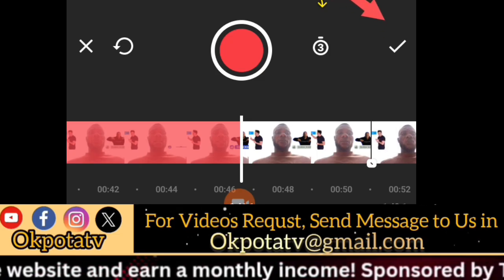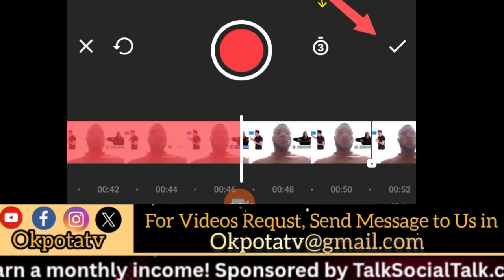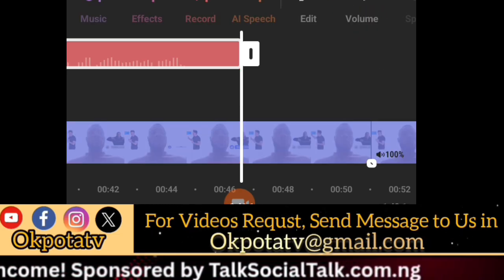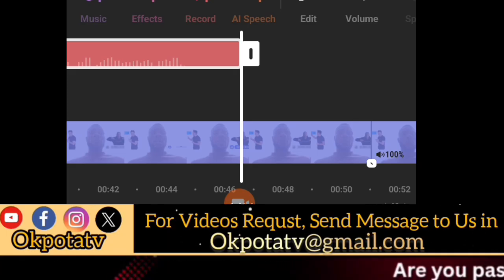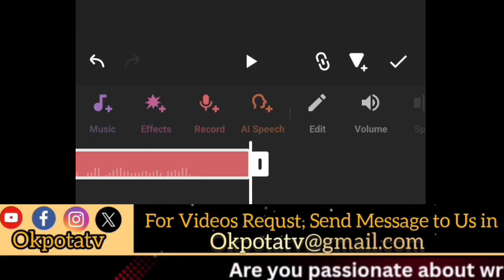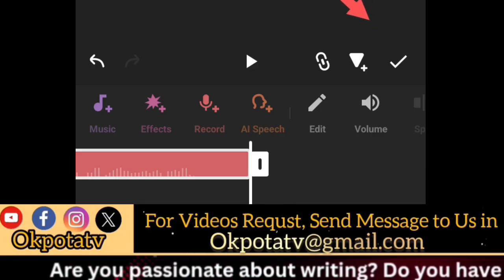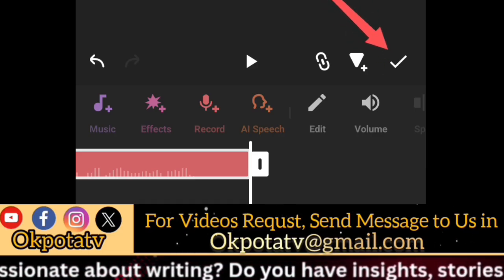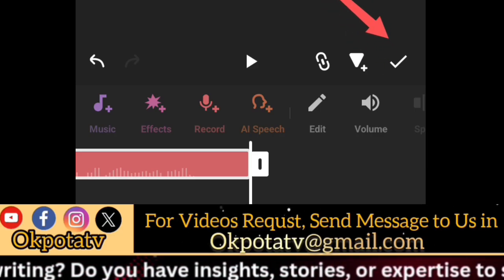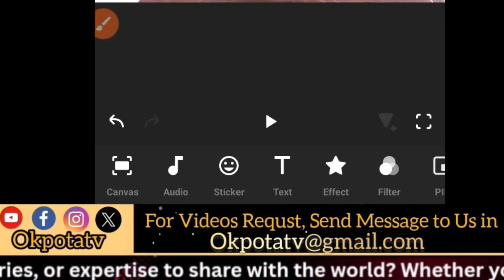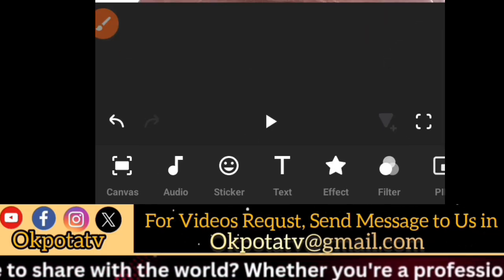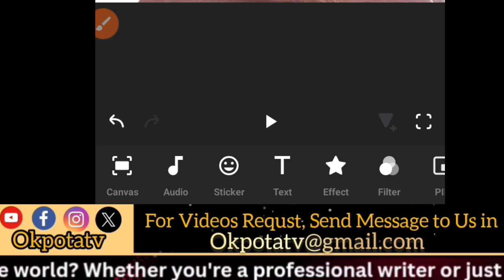So you touch on this option here where the arrow is pointing to. After you have touched it, it will carry you back to the main menu again. So what you are going to do from here now is touch on this option again to apply it for the second time to the main menu. After you have touched it, it will come to this screen where you can adjust the volume of the video